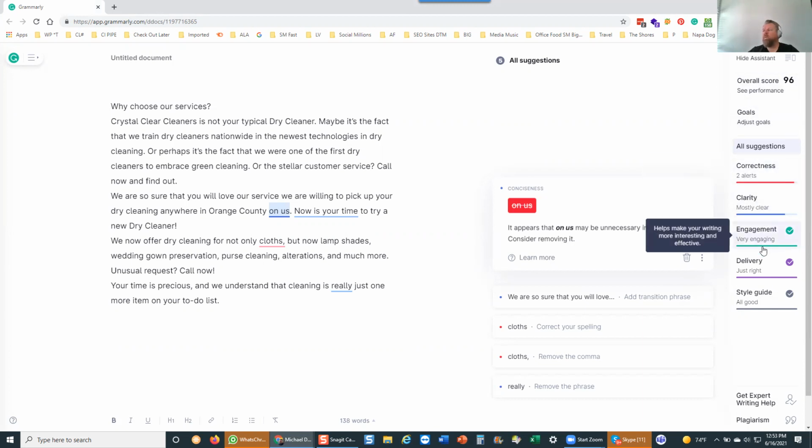This tells you everything that's going on. Delivery, just right, all good. In your style, clarity, mostly clear. This is AI, so it's just reading this. It might not be perfect, but then there's 2 alerts. This is saying right here, take,